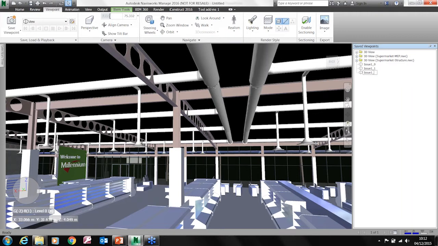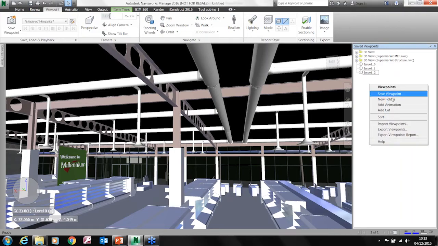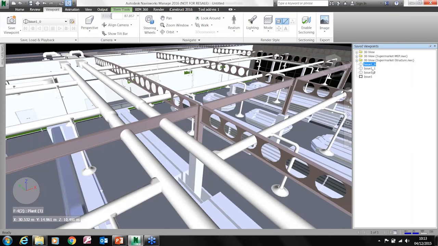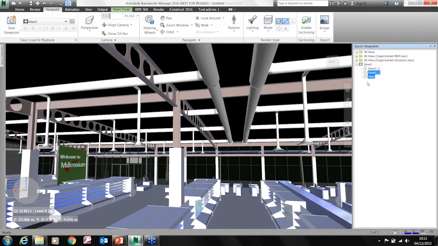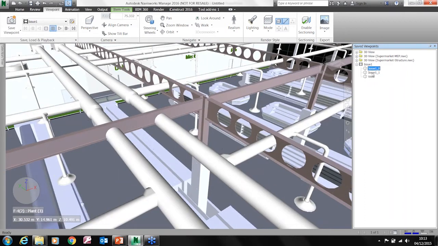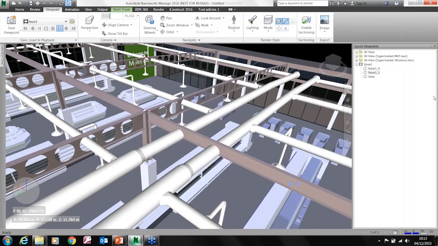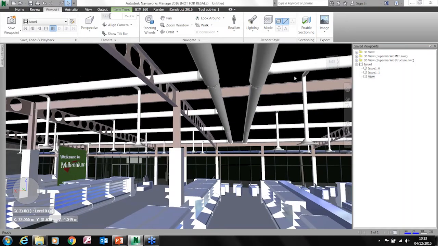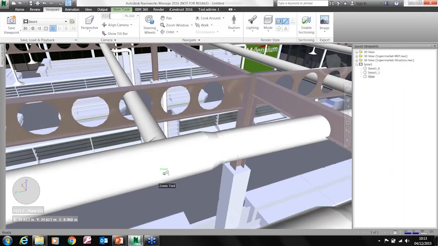Now, as useful as taking these screenshots is, an animation highlighting it can sometimes be a bit better. Maybe it's a small area in a building and it's going to be very awkward to show exactly where that problem stands. So in my viewpoints I can add an animation, and we'll call this issue 1. Then I can transfer these screenshots or viewpoints into my animation, and the animation will use these as the base points and create an intermediate animation between each shot. If I now go to my play button, hopefully you should see that just about, and it will play that across. As we view that round, it's nice and easy to